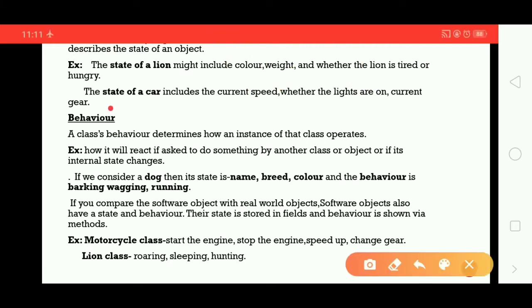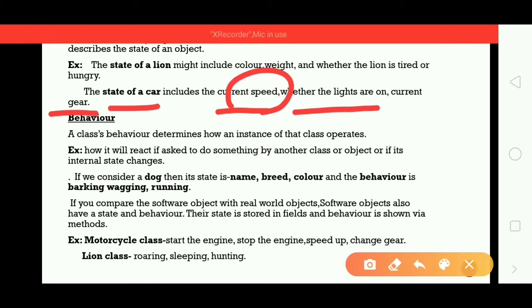In the same way, for a car, its state may be the current speed of the car, whether the lights are on, or the current gear. And you can have values for these: current speed, what is the actual speed, the lights whether on or off, current gear.